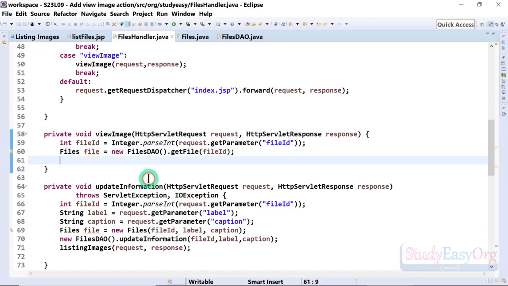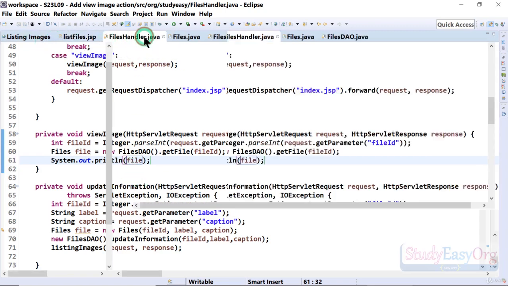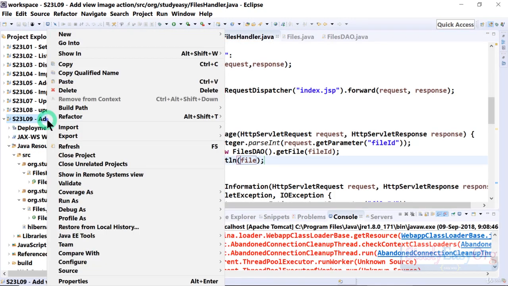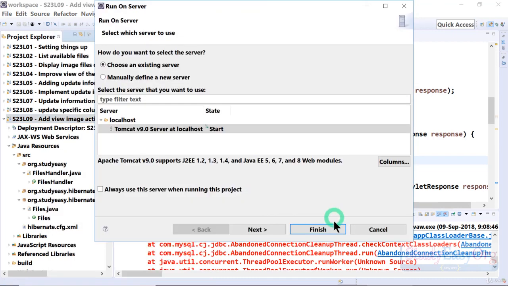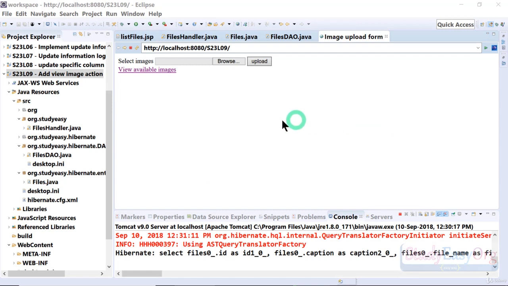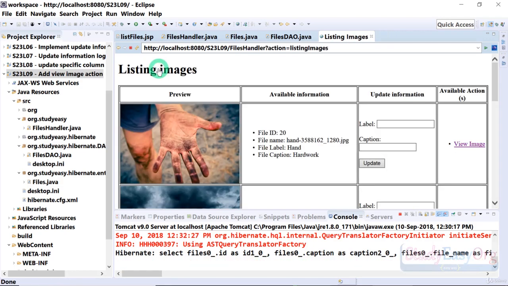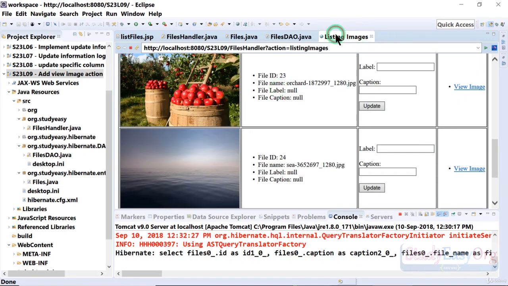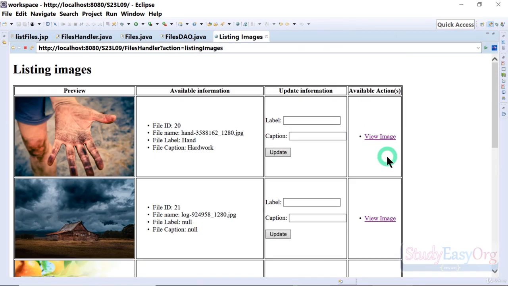So in here we will simply print file, and we will try to check whether everything is working properly or not till now. So let me run this on the web server real quick by restarting the web server. Alright, so the web application is up and running. Let me click on view available images. It is like loading up. Let me click on view image link,